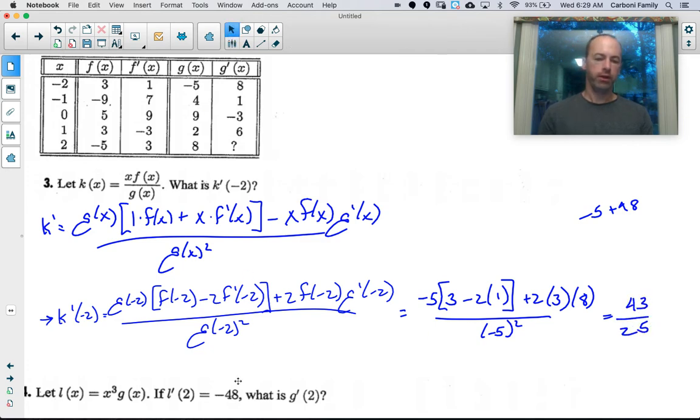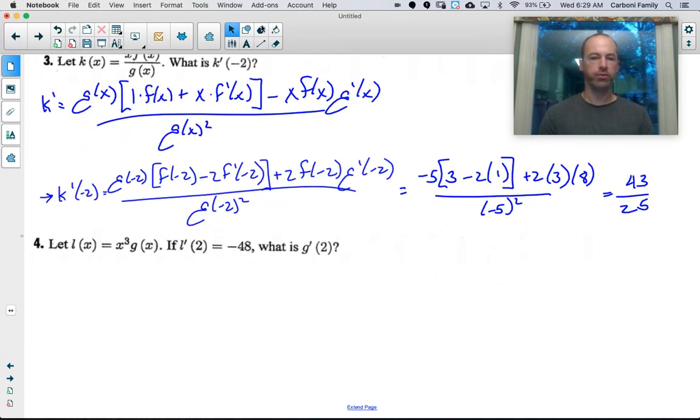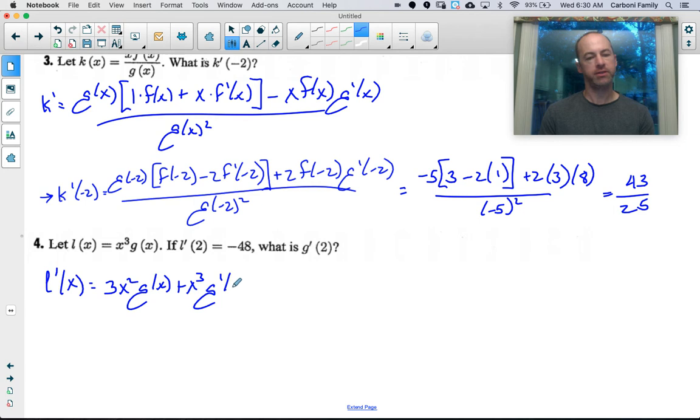All righty. I'll just scroll down and do this one. Okay, so here we have another product rule, only this time they've kind of moved the unknown. So again, it references L prime, so I'm going to have to find L prime. And this is going to be 3x squared g of x plus x cubed g prime of x. And then it references L prime of 2, so then L prime of 2